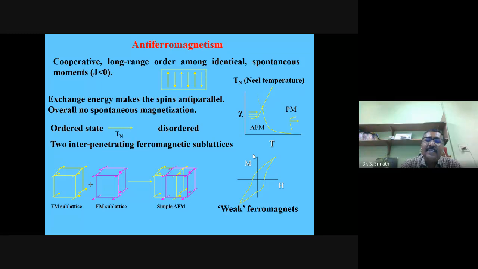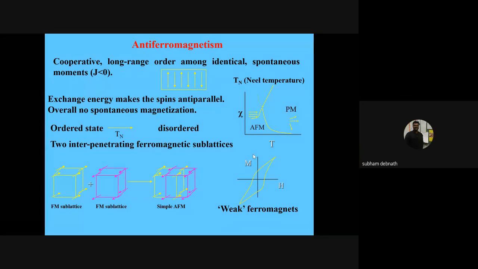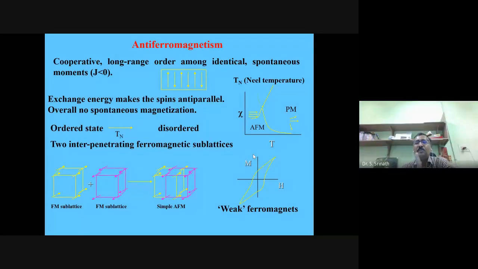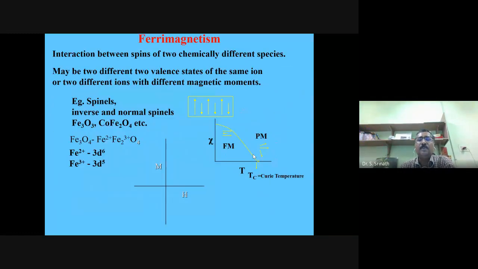See, these two sublattice magnetizations will have a spontaneous magnetization exactly mirror images of each other. So within the domain there is a magnetization, but the net magnetization is 0. Are you getting my point? In the antiferromagnet. Yes, sir, I understood. So that is clear. I'll plot that and then add it here. But in the other case, one will be larger than the other, so there is a